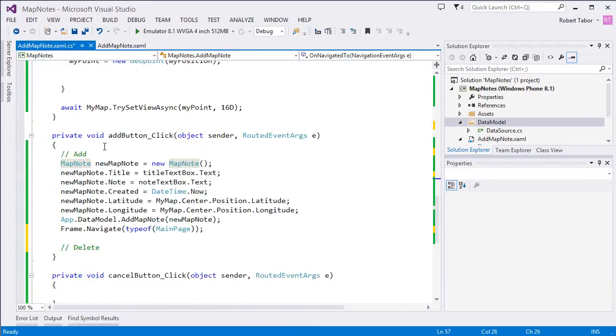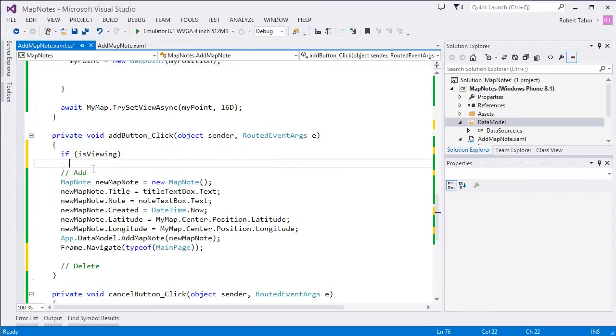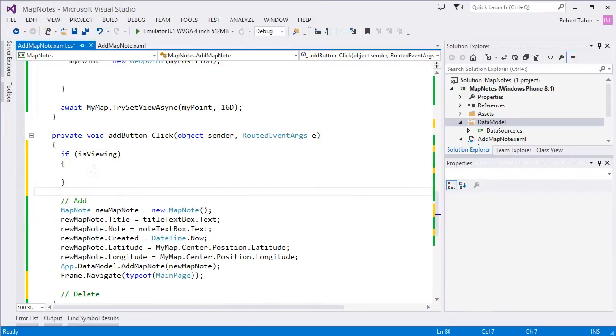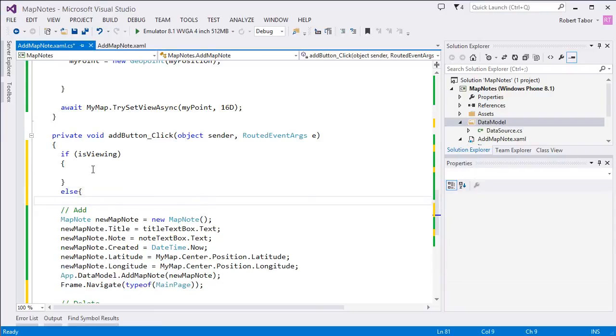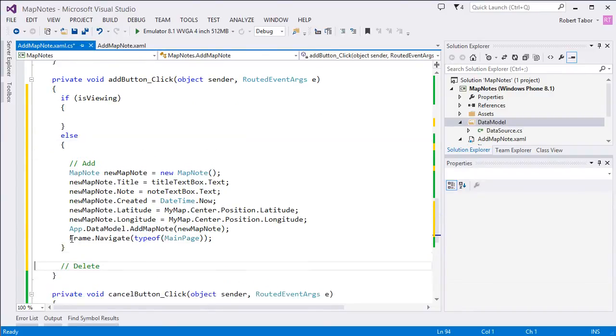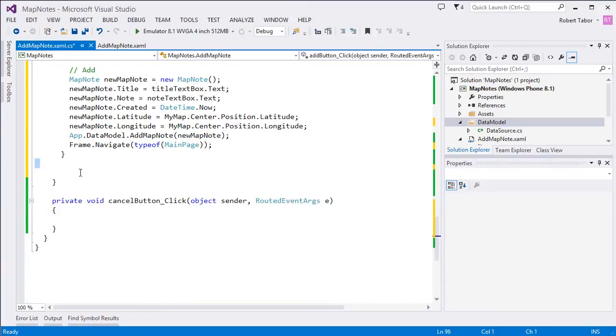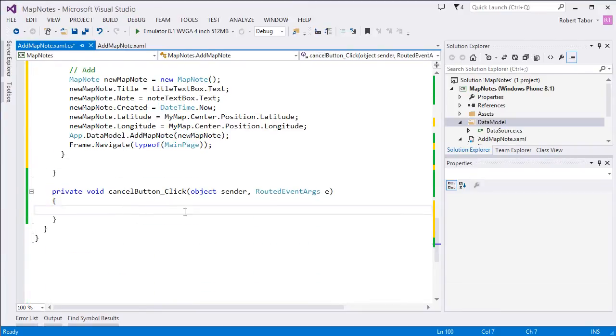So if is viewing, then we're in a delete scenario, else we're in an add scenario, like so. So if you're viewing, you can delete it, and if you clicked on the button, that means you wanted to delete. All right. Now in the case of the cancel button, we are going to want to return back to,